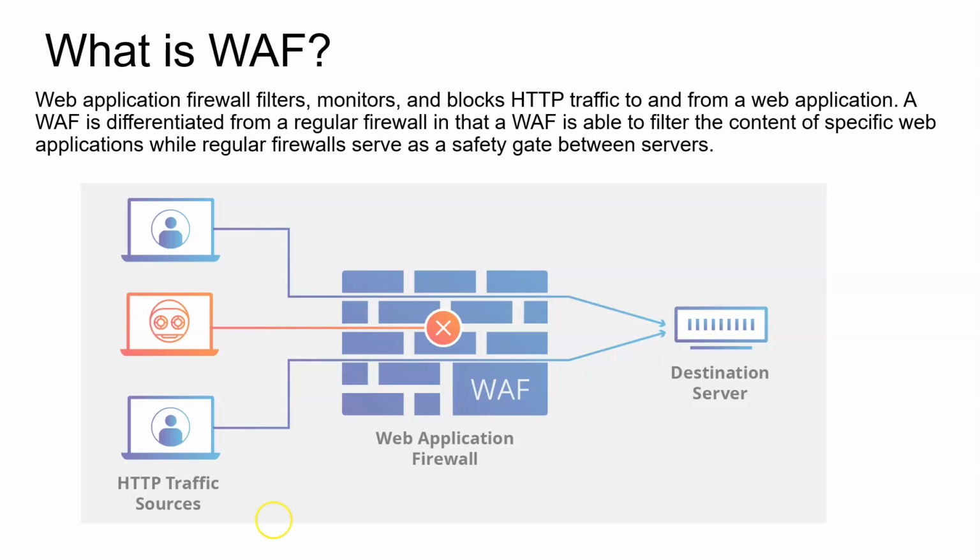So if you see in the picture, there are plenty of requests coming from various users. That can be from desktops, or from mobiles, or any other source. While they are coming, intentionally or unintentionally, some attacks will be coming to your web application. In case you don't have any web application firewall enabled, then they will malfunction your website, or they will bring down your complete web application.